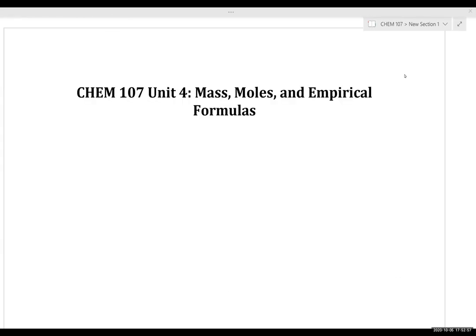Okay, so we're getting started with chapter 4, which focuses on mass, moles, and the empirical formula. This is really useful if you're trying to complete Lab 10, the empirical formula laboratory. And this really serves as the fundamental backbone necessary to understand solution preparation and critical aspects of formula stoichiometry that